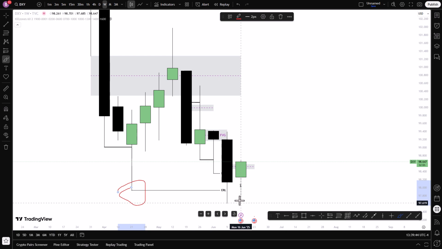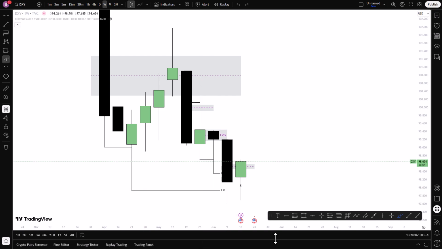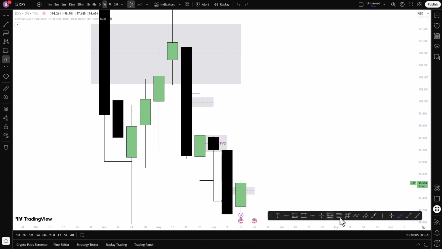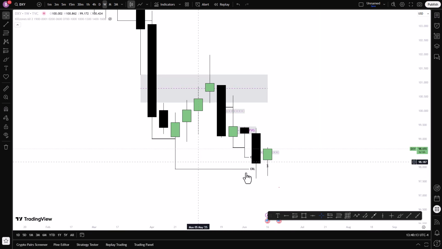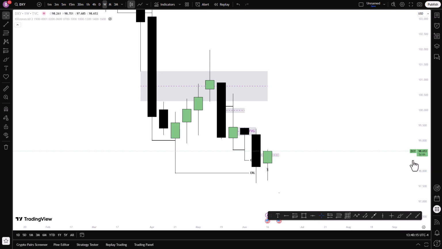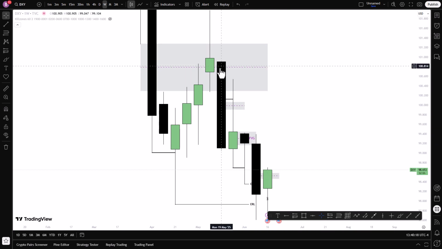And what are we expecting? We're expecting price to move into the internal liquidity because we're coming from the internal range liquidity in form of fair value gap, and we're taking out external range liquidity in form of what? Swing low, which is old low. So here on the weekly time frame, what do we have? We see that we've taken out external range liquidity, as we've said, and we're expecting price to go into the internal range liquidity, but we don't have a fair value gap in this range.